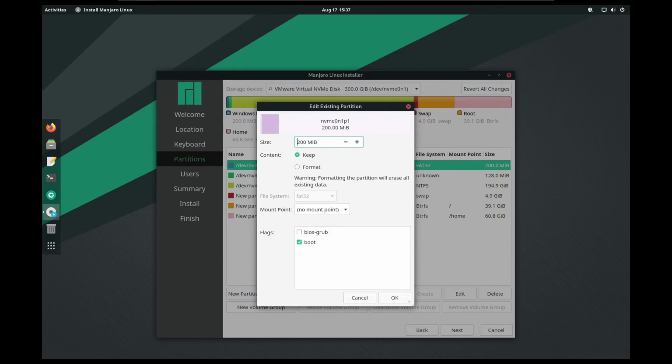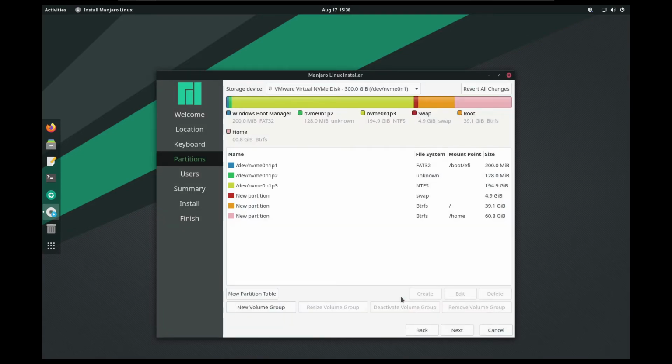And here the mount point must be forward slash boot forward slash EFI. Flags selected as boot must be there. Once again, the content must be selected as keep, mount point slash boot slash EFI, and flags as boot. Click on OK. Now click on next.